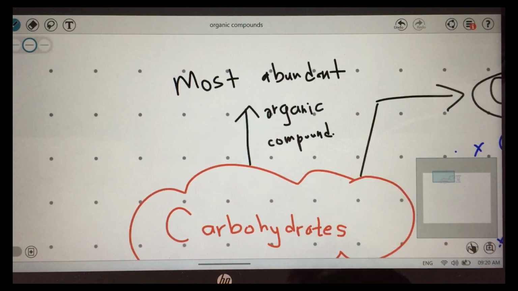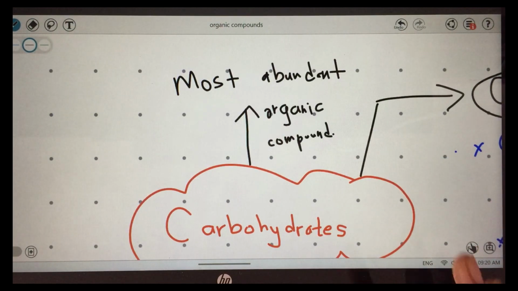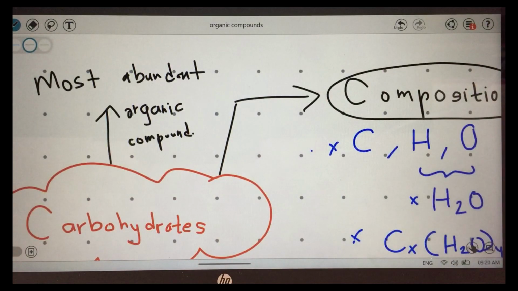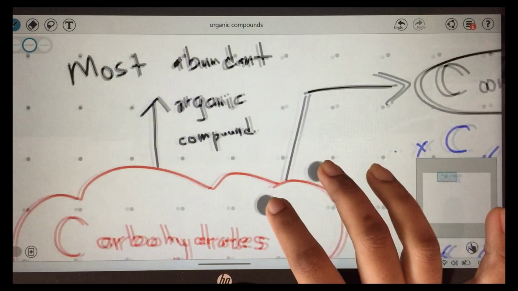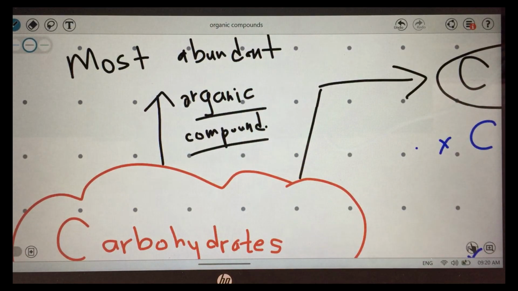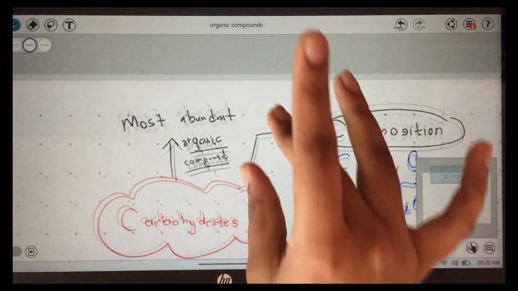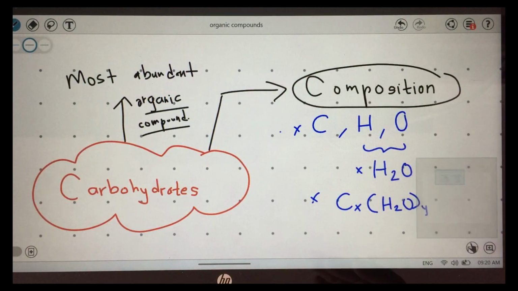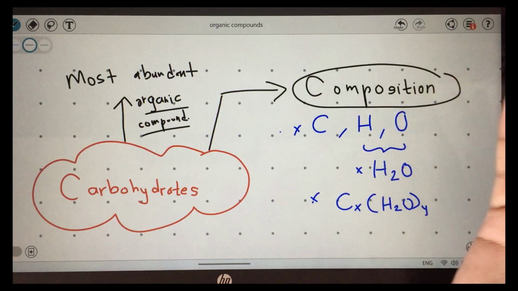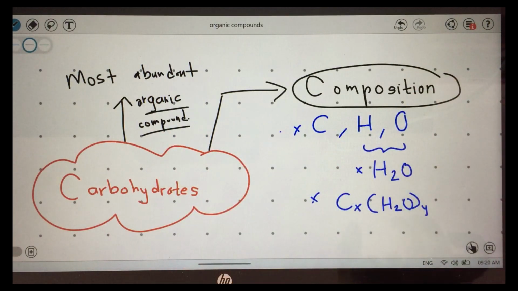Remember, not most abundant element. In your MCQs, just to confuse you, they can say the most abundant element is carbohydrates. You might think this is very similar to what's in the resource, and you'll mark it right. But no, remember this: the organic compound which is most abundant is carbohydrates. The terms are very important in bio. Even if you write the correct thing, if you don't have the key terms, you don't get the mark for it. So organic compound is a key term in that.